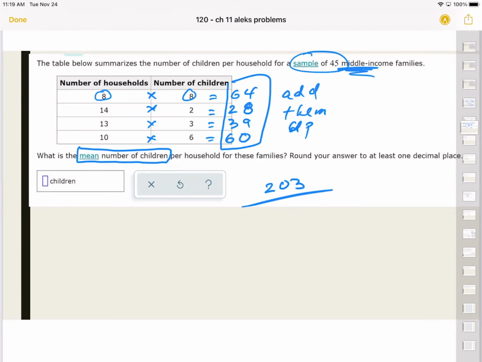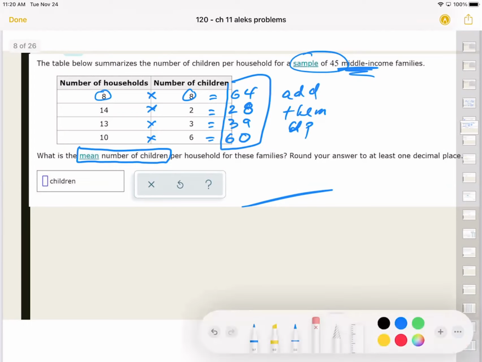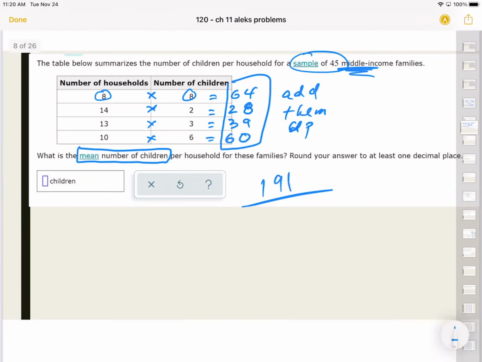Let me see, 90, I think I added wrong, huh? 90, 80, 170, 180. I got 191. 191, yeah. So again, if you have your calculator, help me out. I kind of add on the fly, so 191. So the total, when you add them up, you have 191, and then what you need to do is